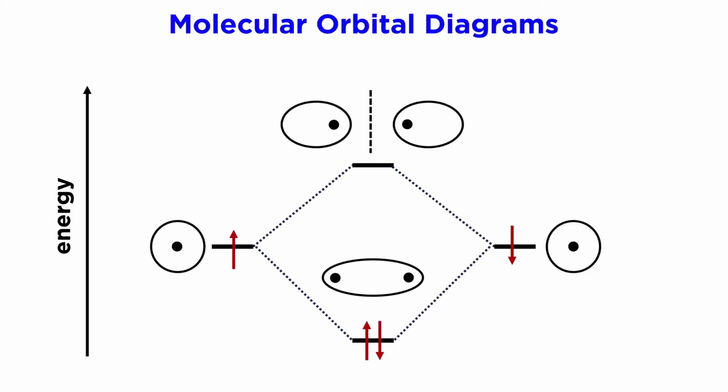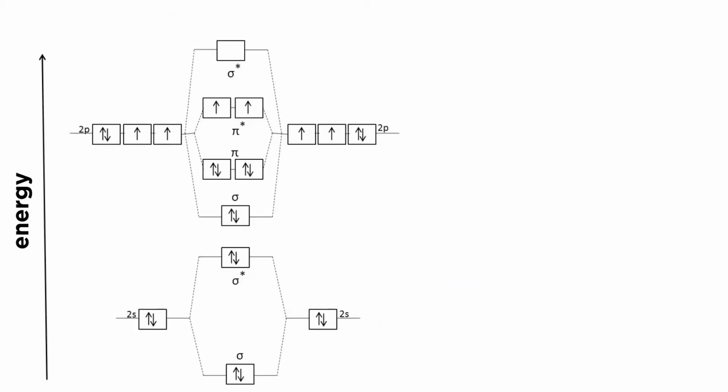We can depict these linear combinations with molecular orbital diagrams, as we have seen. The dashed lines show how the atomic orbitals on the sides combine to form the molecular orbitals in the middle, such as we see here for hydrogen, with two 1s orbitals combining to form one sigma s orbital and one sigma s star orbital. If we go up to the electrons in the n equals 2 shell, we can see